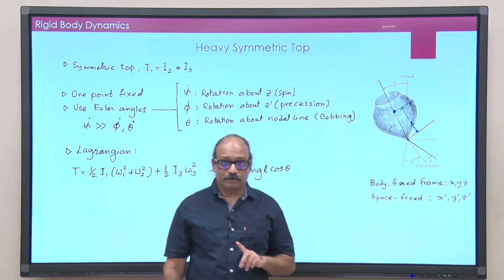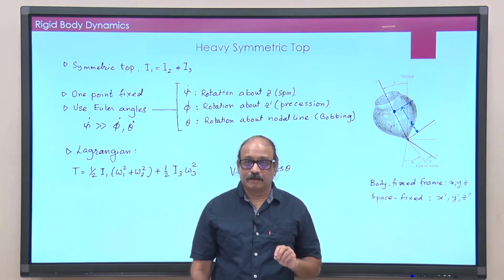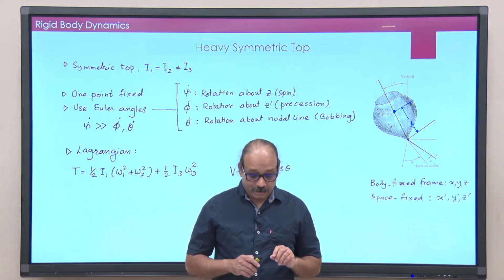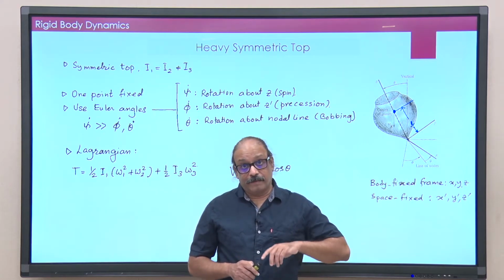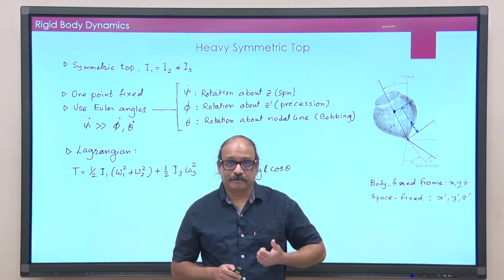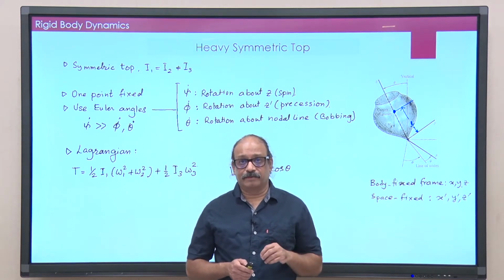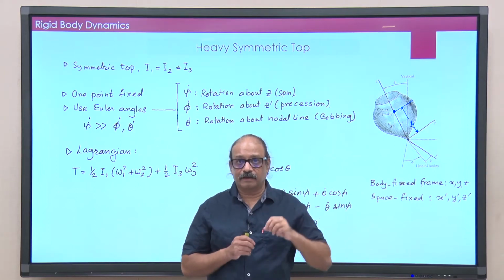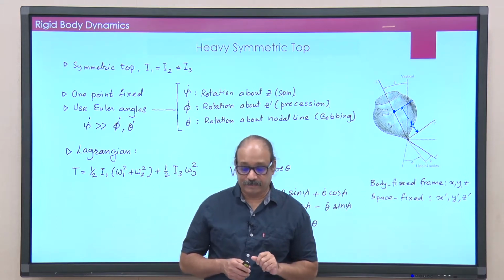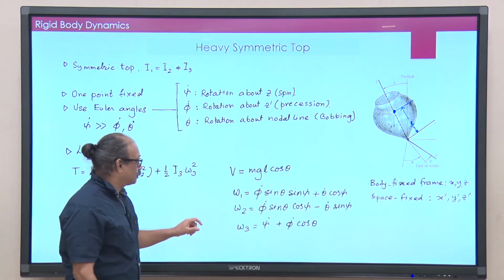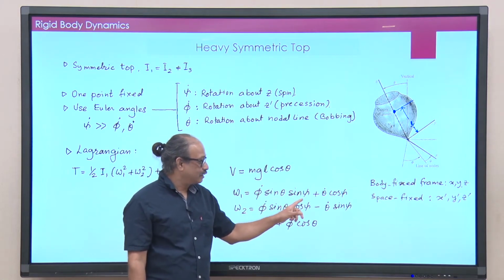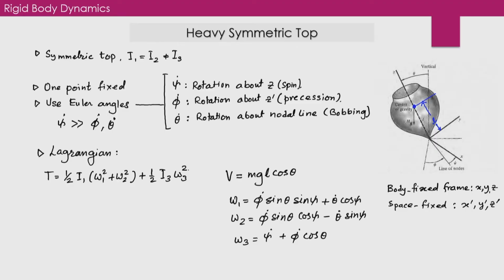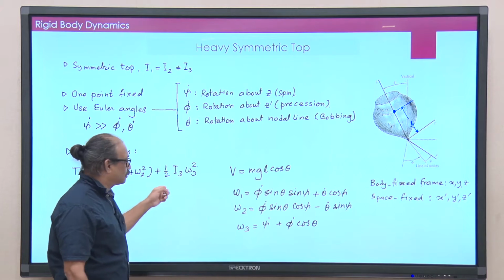Okay. Now, what I want to do is basically simplify my kinetic energy term. The potential energy term is sufficiently simple anyway. Okay. So, I will go back a few classes and bring a formula from there, where we wrote the components of instantaneous angular velocity in terms of the body frame. And in terms of the body frame, those were phi dot sin theta sin psi plus theta dot cos psi and so on. Okay. So, there is an omega 2 and omega 3, and this is what we will plug in here to simplify this.